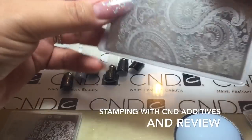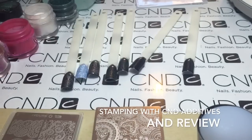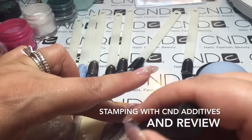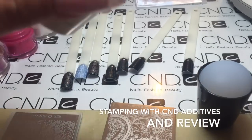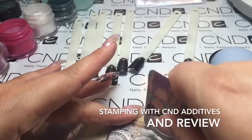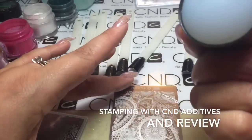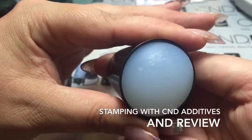So I'll just come into this one. I'm going to apply some top coat directly onto the image plate, or the area of the image plate that I want to utilise. Again, there's so many different designs on these. I'll show you it up close in a second. And again, just scrape your top coat over. Stick the stamper straight down, and you can see that it's picked up that image flawlessly again, all the way